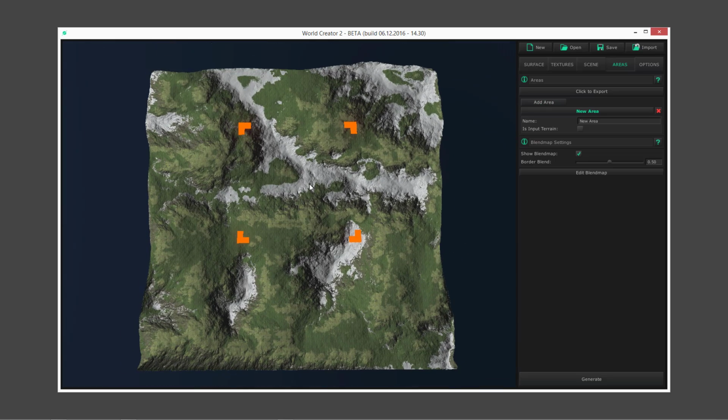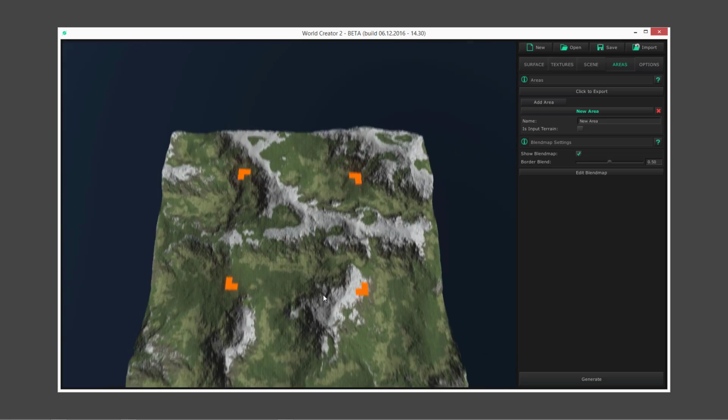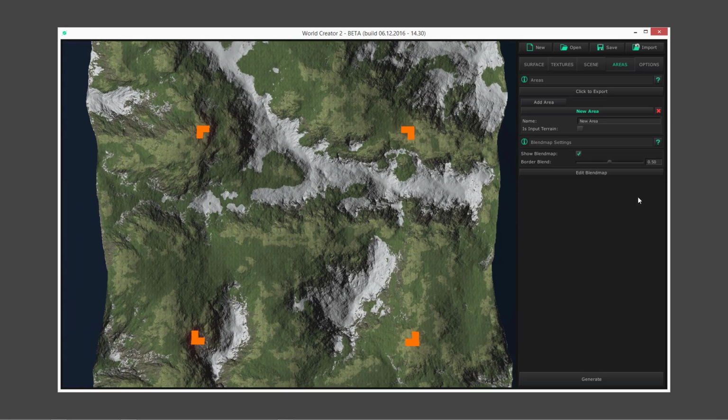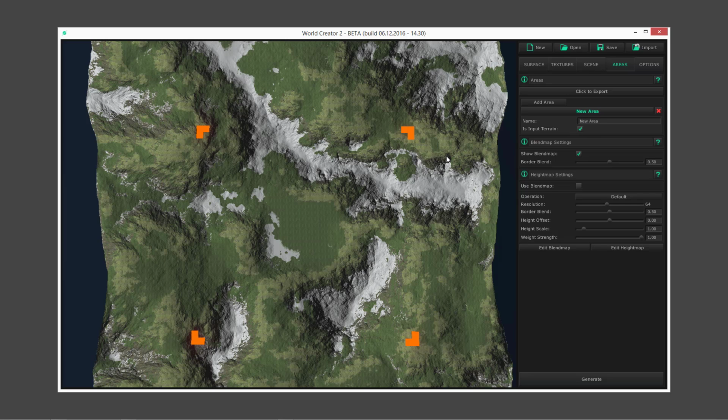You can see that that's an area. There's nothing specifically that has changed on the terrain, but you can move it, you can scale it, you can even rotate it. And now what I would like to do is to grow out a terrain, or like a volcano mountain here from this part of the terrain. That's pretty easy to do. I'm going to mark this area as an input terrain,